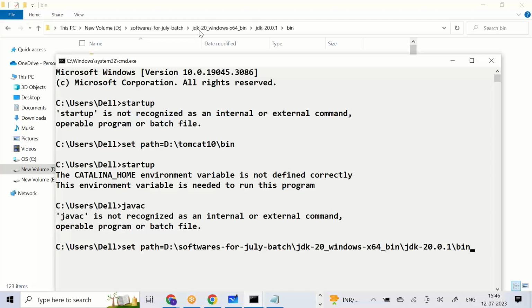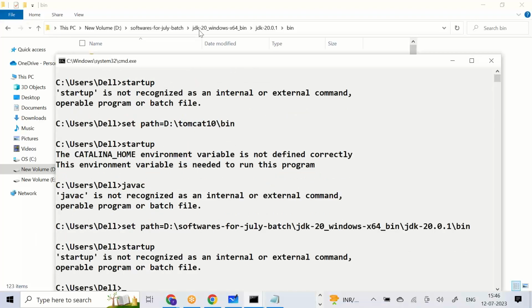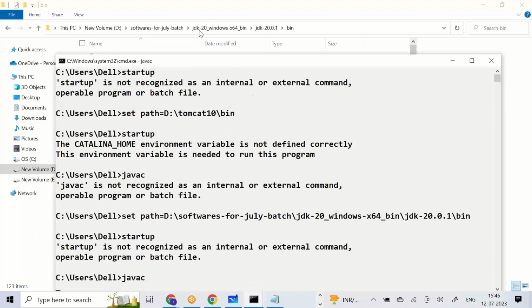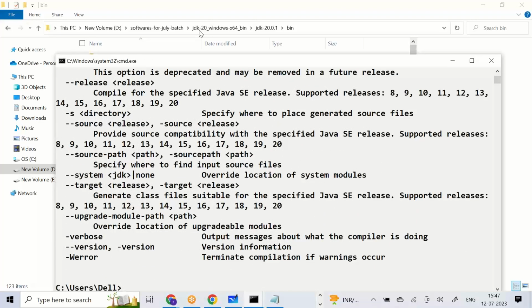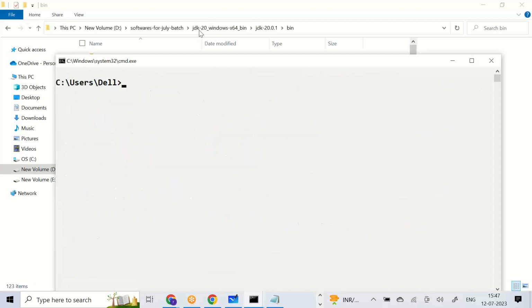The previous one will be erasing. Now you cannot run startup, but you can run javac. This is the success message of javac. Please observe, javac space version. Whereas startup,